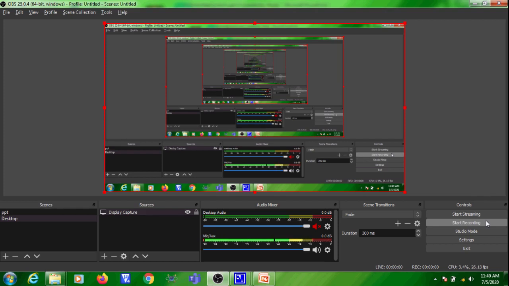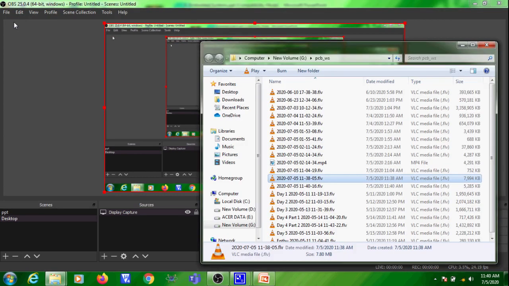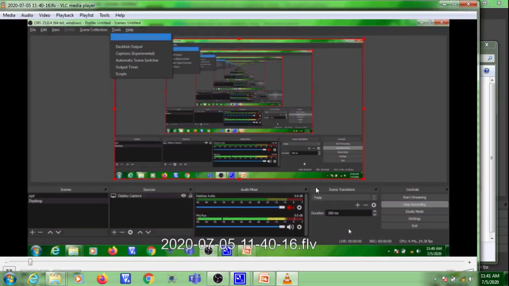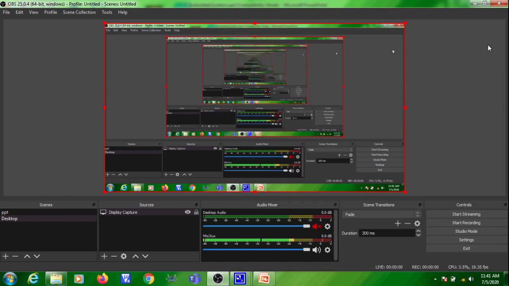So if you are not able to record even after giving Alt T and Alt P, you can verify like this whether your hotkey is working. Now we can see the video you have recorded. Click on File, Show Recording, and the last one. This is what you have recorded now. So like this, you can create a video tutorial for a particular software. This is how you perform a video recording or screen recording using OBS Studio.